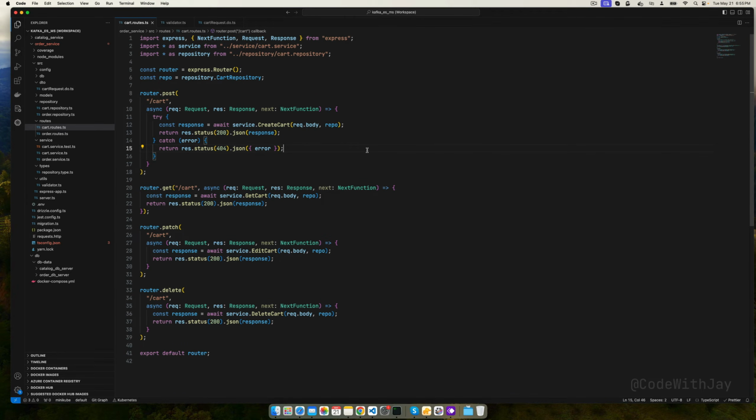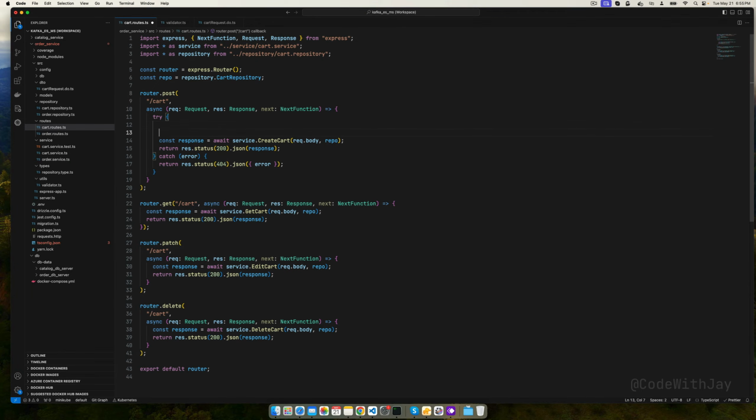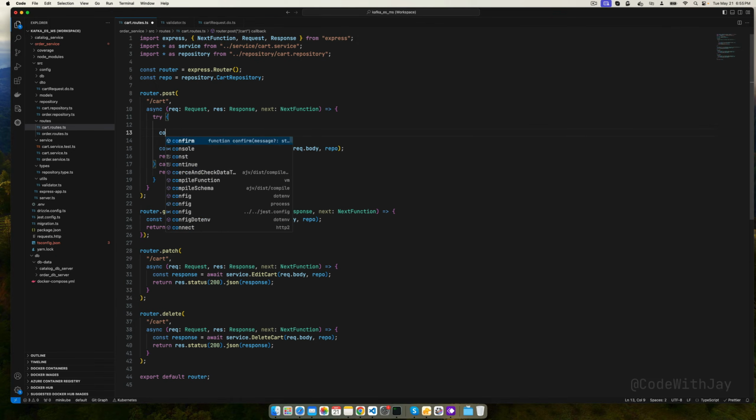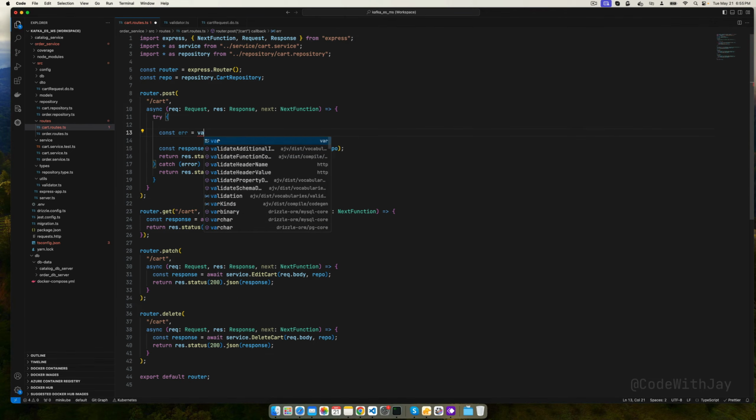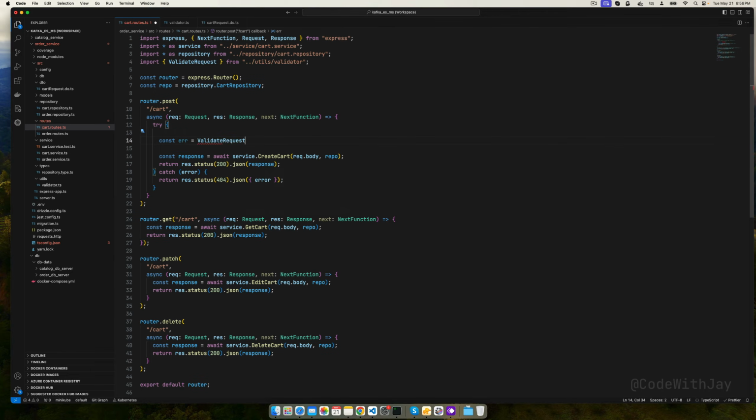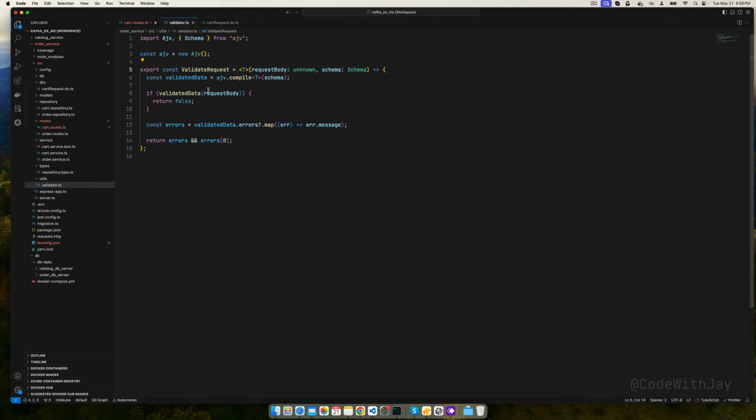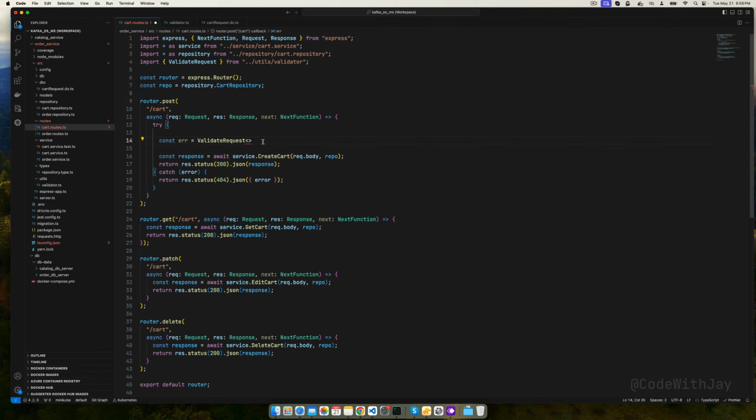Maybe in the later stage, we can minimize this error to a meaningful error message, right? And here, what we are going to do, we'll be creating our error, and this is going to be validate request. As we have seen in the validate request, if you go here, can you see this schema particular generic, we are just passing right here. So this is the thing we need to pass it here, right? So what kind of schema we are going to use? This is going to be our card request